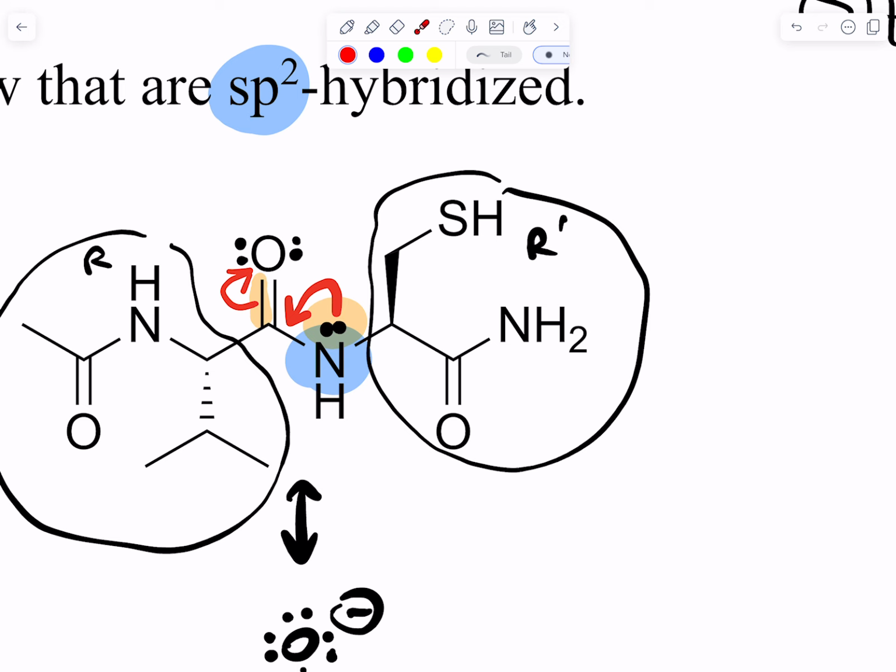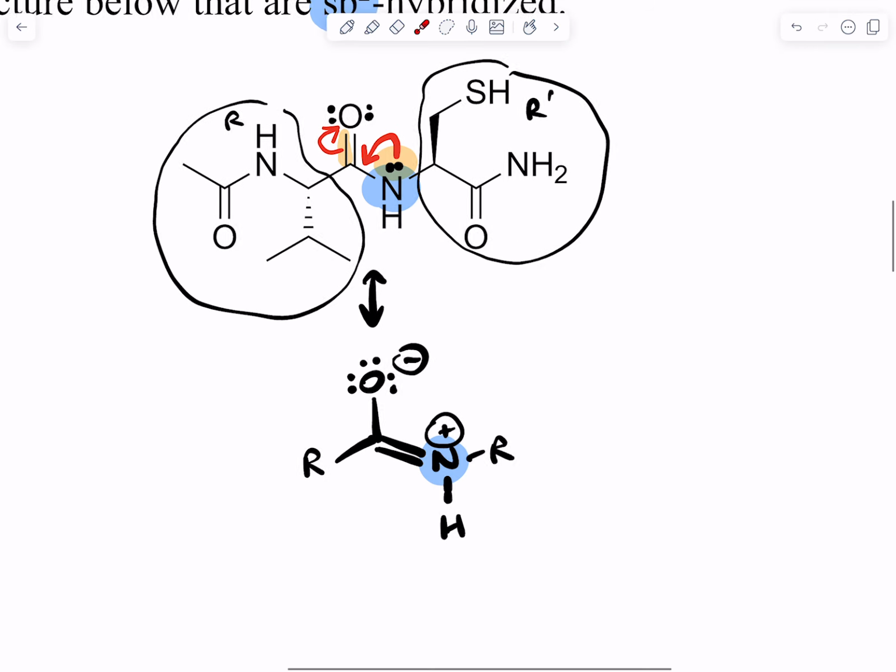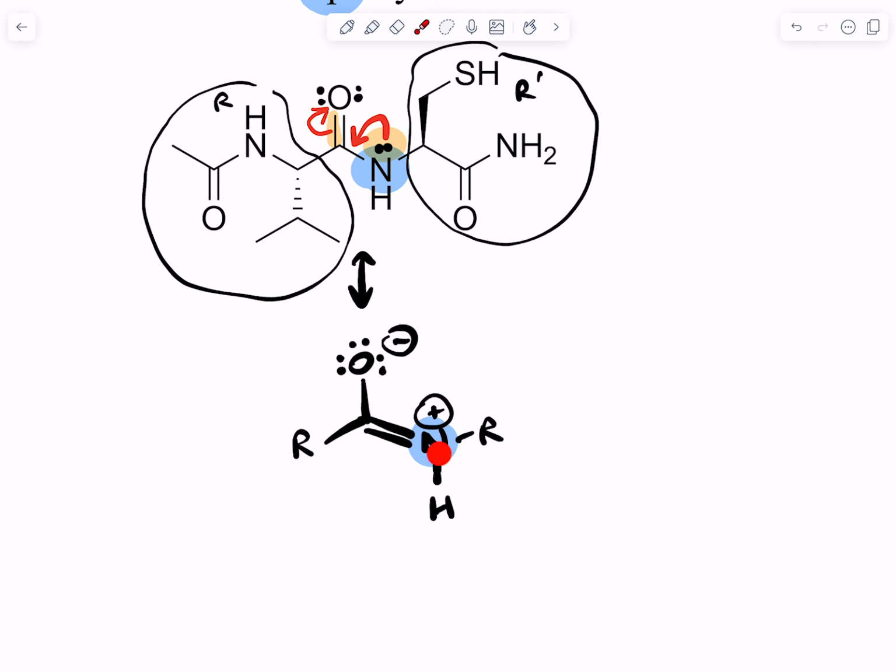That's right. In order for resonance to occur, the nitrogen has to be sp2. The reason for that is it's sp2 here, and in resonance we don't move atoms. So if it's sp2 here, it must also be sp2 in the first structure. Yeah? So on a question, when you want us to draw the resonance structure, that's what you want and not